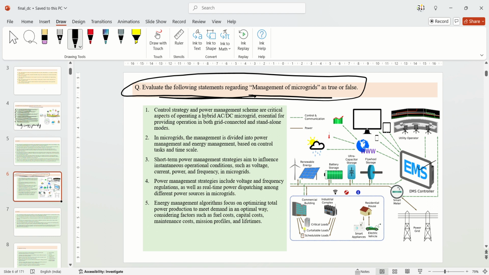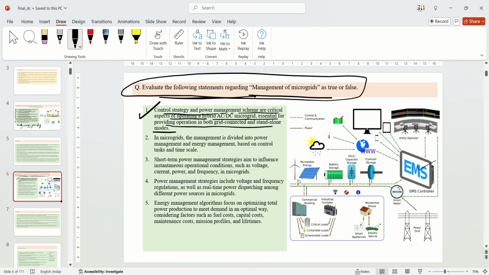Okay, let me give the solution for this question. See the first statement, what is it telling? That the control strategy and the power management schemes are critical aspects of operating a hybrid AC-DC microgrid and essential for providing the operation in both grid-connected mode and standalone mode. That is true because the control strategy and the power management scheme are very critical